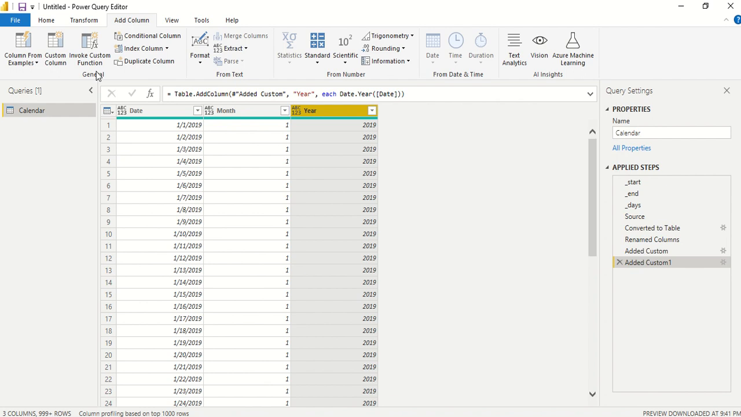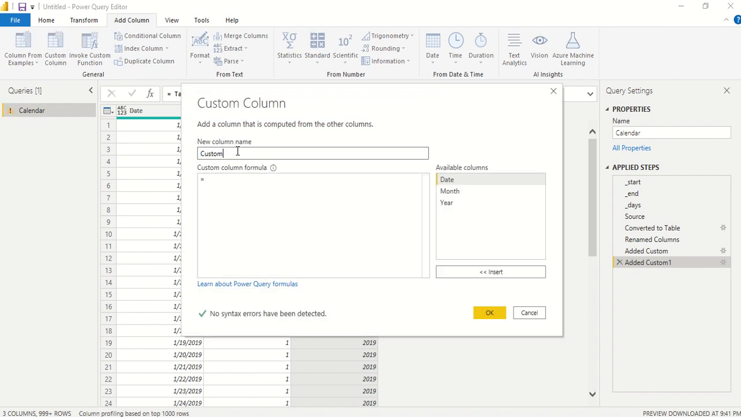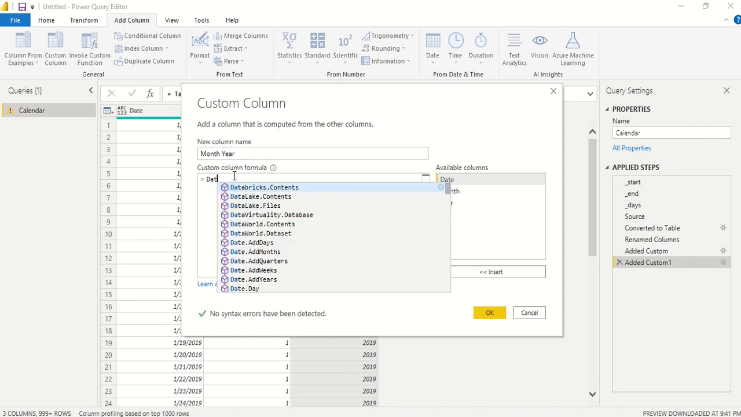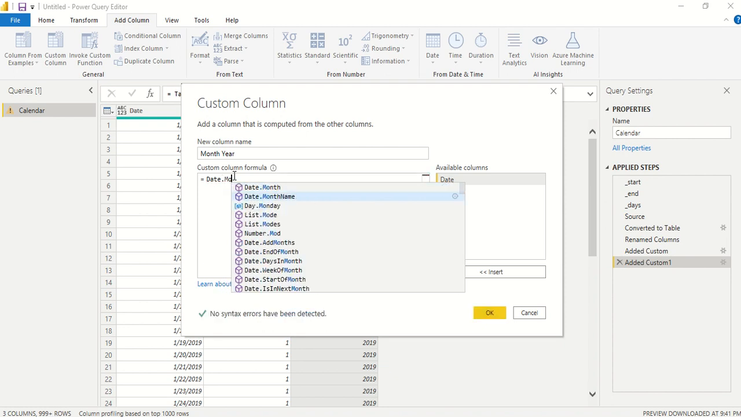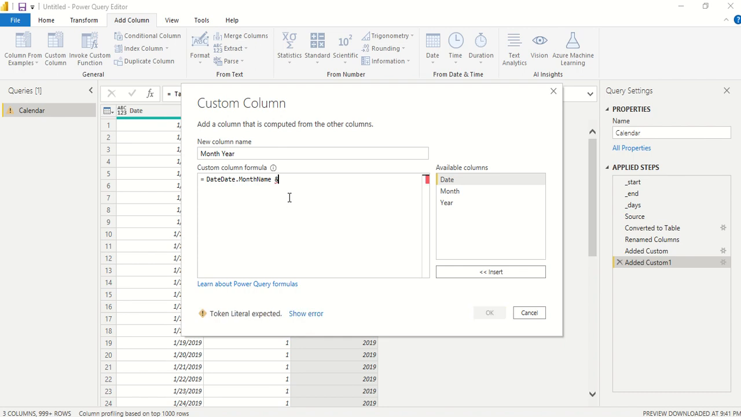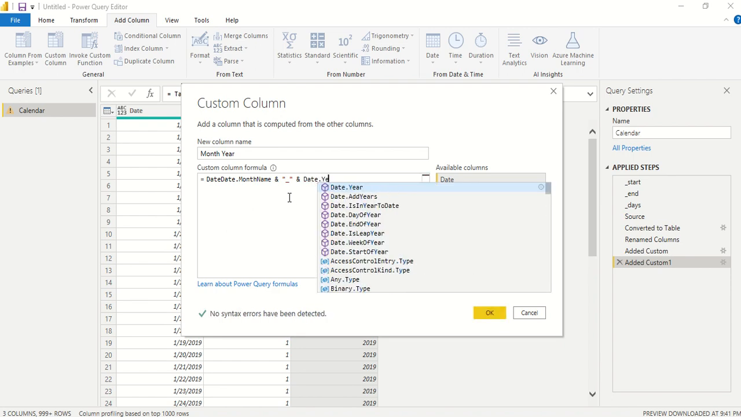Now we need month name here, so we have the month name function, that is what we are going to use. Now we are going to have month and year. Now here in Power Query, I'll show you one thing. We have Date.MonthName, and we can say ampersand. Now this is text, so I can ampersand a hyphen here, but Date.Year, which is going to come out, is not a